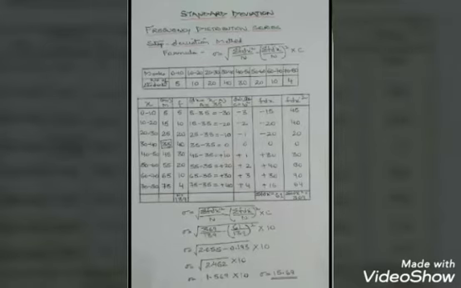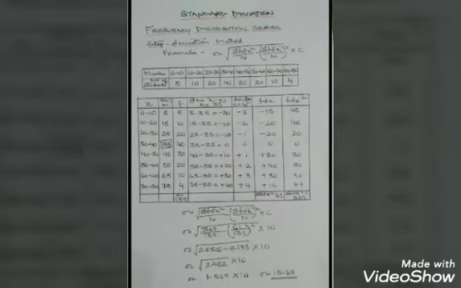Now we are going to find the common factor. To find the common factor, you need to find the number by which the deviations minus 30, minus 20, minus 10 and so on are divisible, which is common for all. That common number is 10. So what we'll do: divide minus 30 by 10, you get minus 3; minus 20 by 10, you get minus 2; minus 10 by 10, minus 1; 0 is 0; then plus 10 by 10, plus 1; plus 20 divided by 10, plus 2; plus 30 divided by 10, plus 3; and plus 40 divided by 10, plus 4.